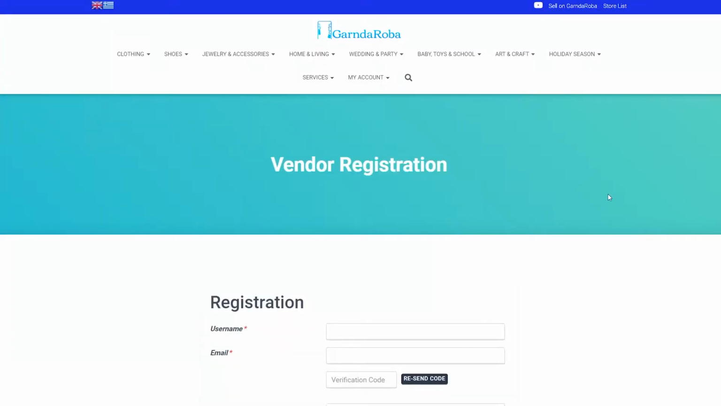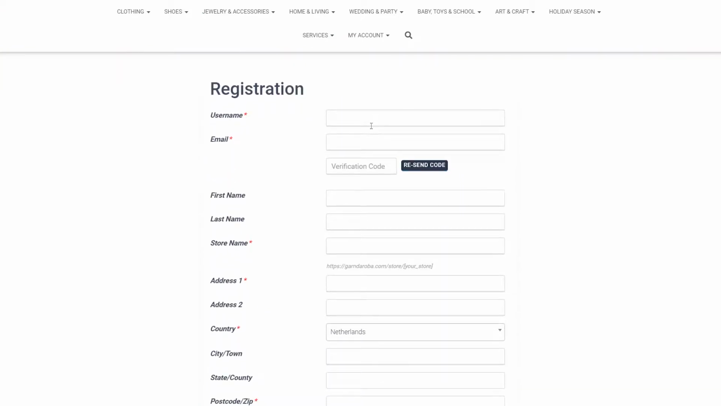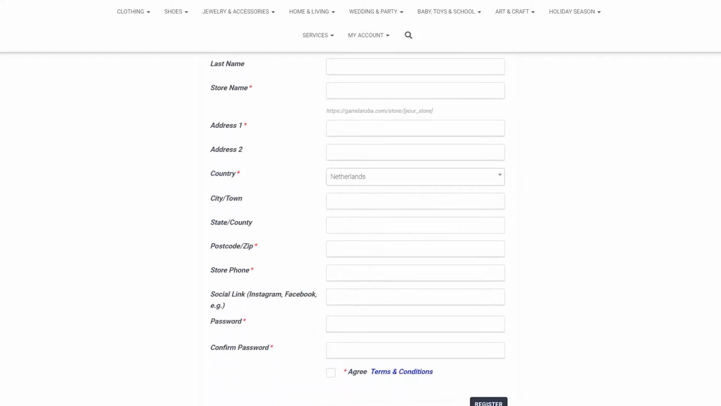So you will have your username. Your username is suggested to be something similar to your store name. Then you put your email address, and then you will receive a verification code on your email to just confirm that is the correct one. And then you fill in your details for us. And then when you have filled in all your details, you need to see our terms and conditions and agree, and then register. When you have registered successfully, then you will get a confirmation and you will be a pending